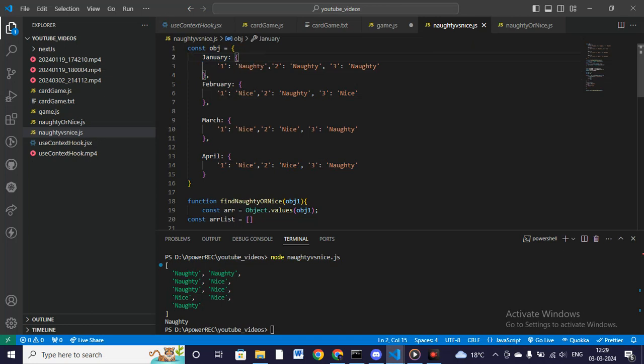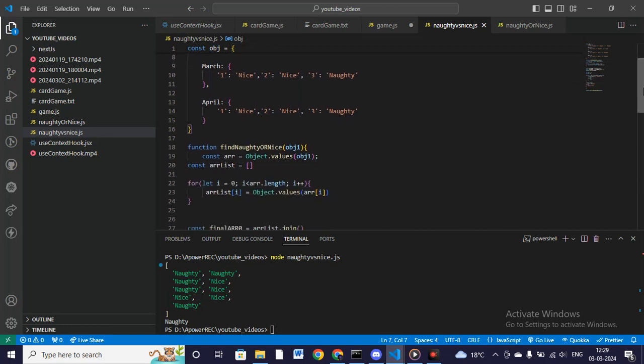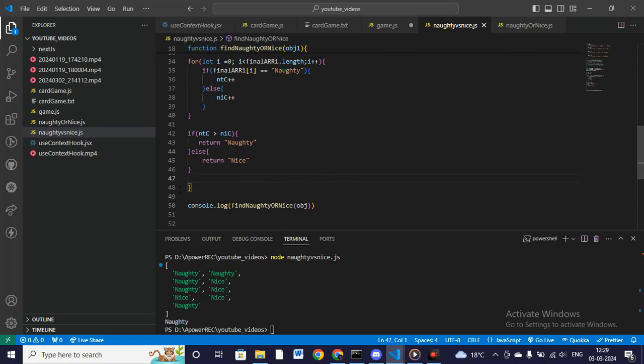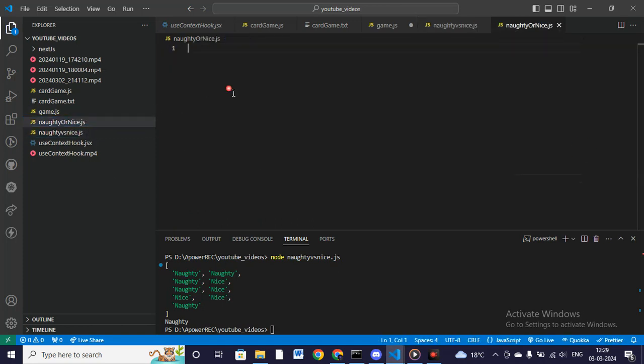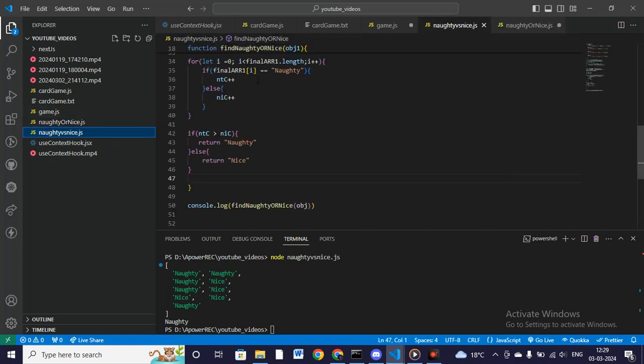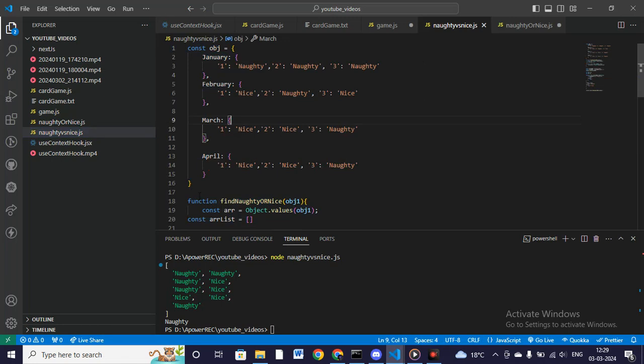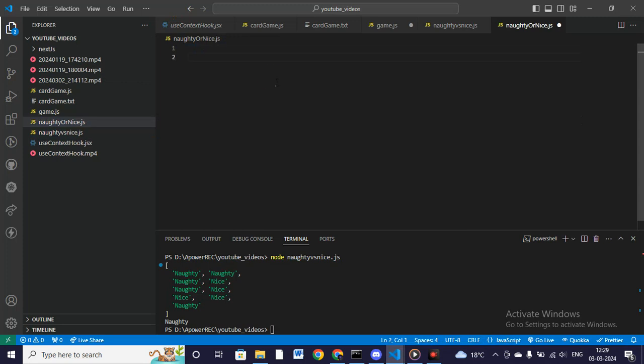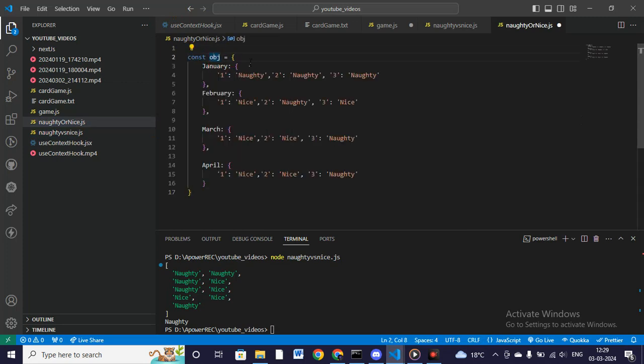So in this video, we'll be solving this problem called naughty versus nice, whichever wins, either naughty or nice. The problem is as follows. We are given an object, and in the month of January, it has some properties in the form of